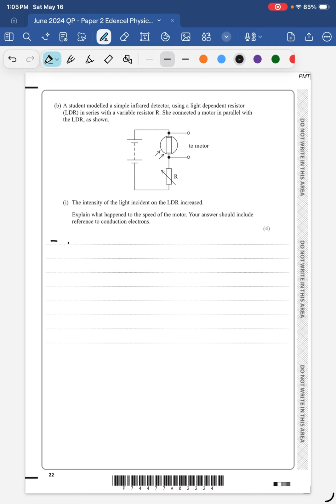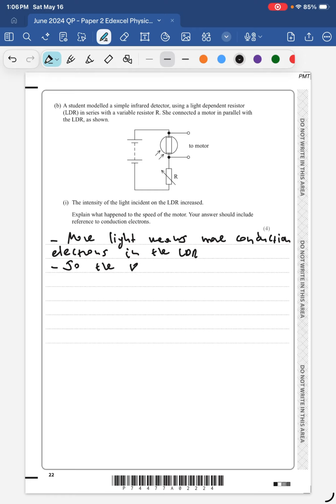Okay, so more light means more conduction electrons in the LDR. Okay, so the resistance of the LDR